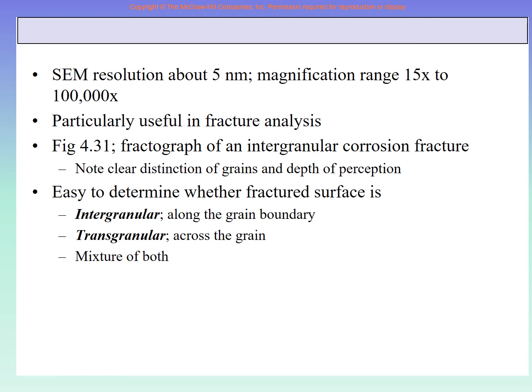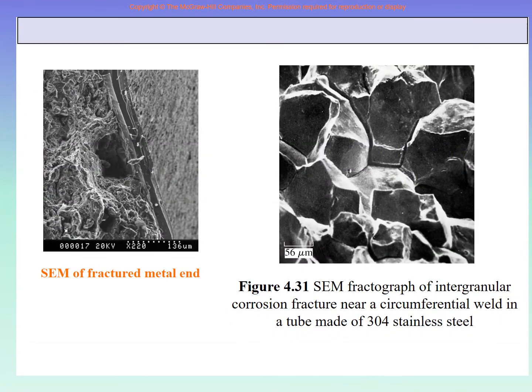You see, they can go from 15 magnification to 100,000 magnification. This is unbelievable. I told you even at 10,000 or 20,000 magnification, we can see a lot. And the resolution is roughly 5 nanometers. We can see at 5 nanometers and so on. And the grain boundaries, intergranular and transgranular, and a lot of other things, we can see all of that under this type of scope.